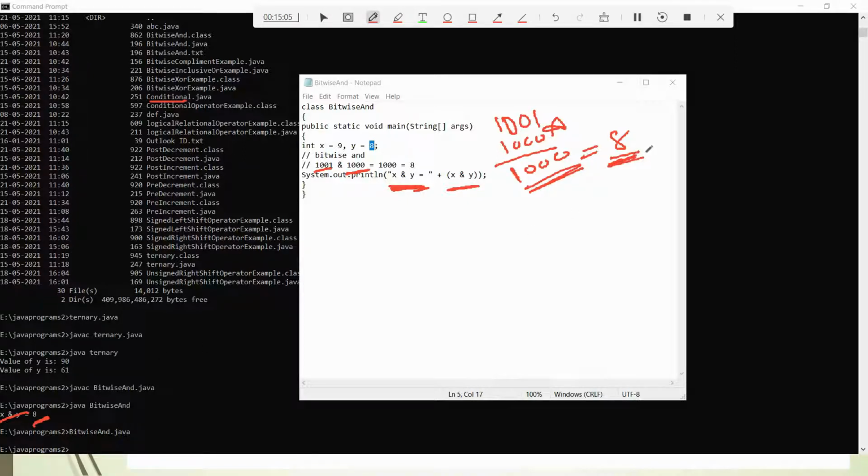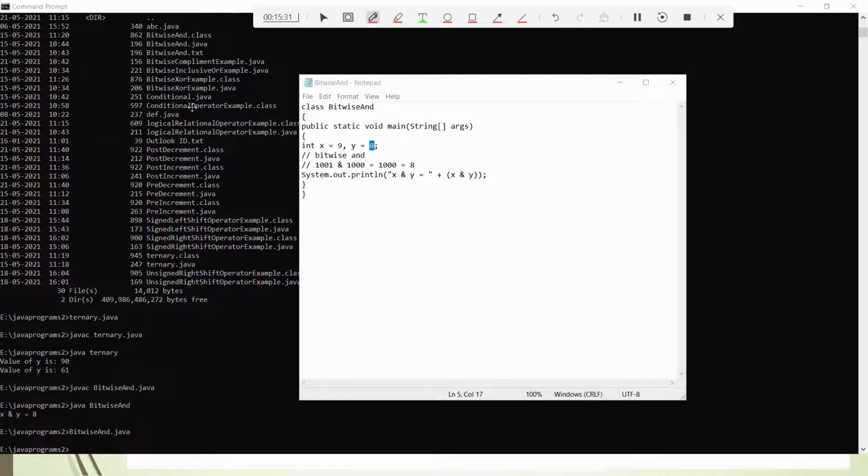Now the same concept holds for all of them. I'll just show you one more example. Bitwise OR will also be the same way. If it is OR, you write the bitwise OR operator, and instead of AND, OR will happen here. Now let us see the XOR, which is nothing but the tilde, XOR.